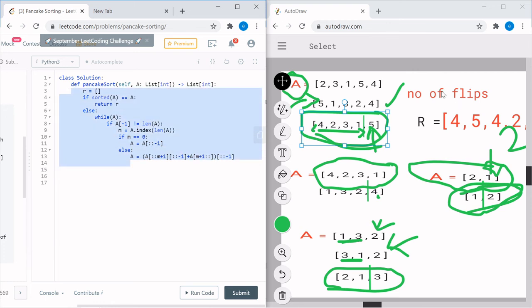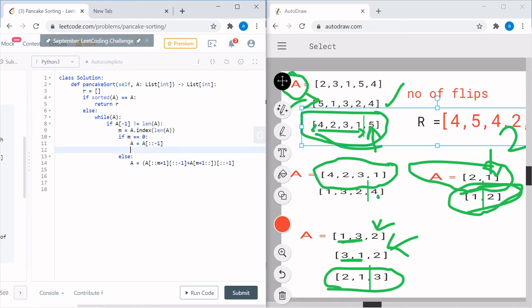Where am I filling the number of flips over here? It's not there, right? So we are supposed to fill in the number of flips that we do. Here, what are the number of flips I perform? Only the length of the array. And here, what are the number of flips I performed? There are two flips I performed. One is the m plus 1 flip, which is to get my 5, for this instance, you can consider it's generalized, to get my 5 in my zeroth location.